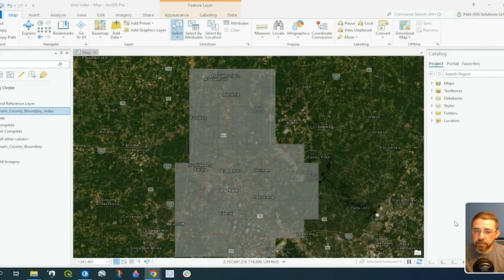You have seen my previous video where we created the grid index, and I'll post a link right here for you. So we're going to use the same grid index in that example for this example, and it's called Durham County Boundary Index. So first of all, let's make sure we're logged into our ArcGIS Online account here in the